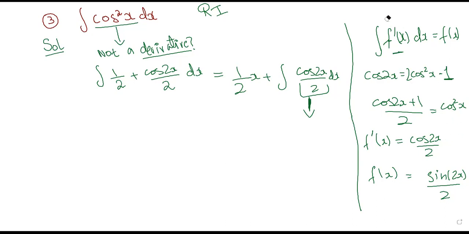Okay, this is clear. But then we have a 2 over here. If we differentiate this function, we would only get cos 2x. But since we have a 2 here, it means we would have this 2 in the denominator as well. Is it clear? Yes. So this means that our integral would be,